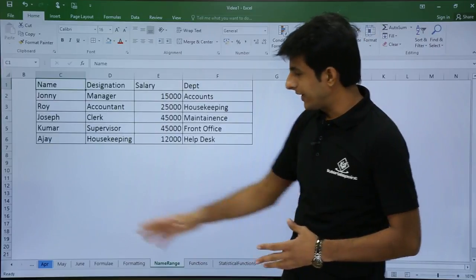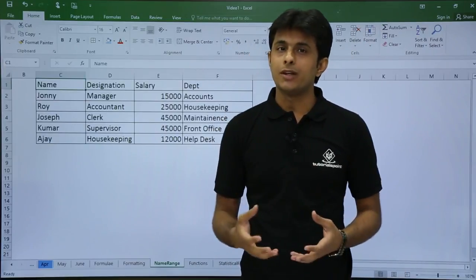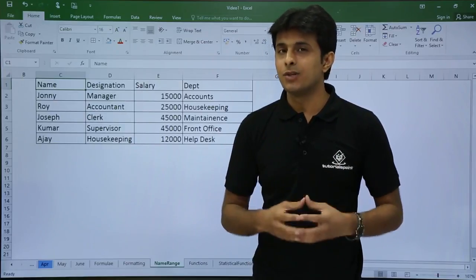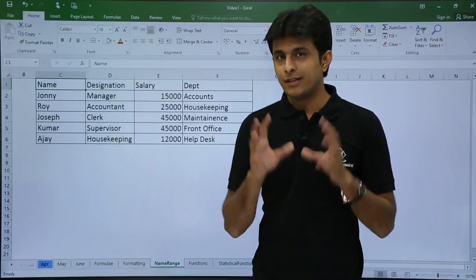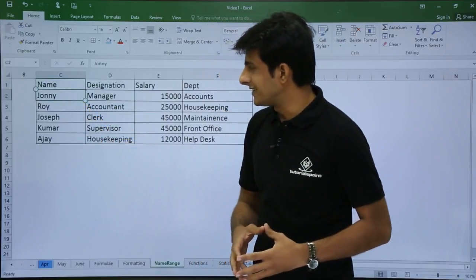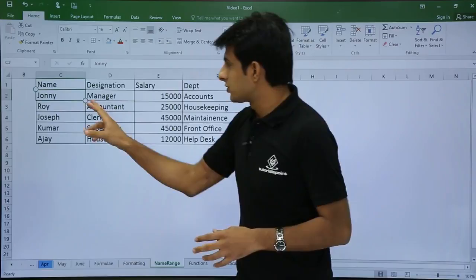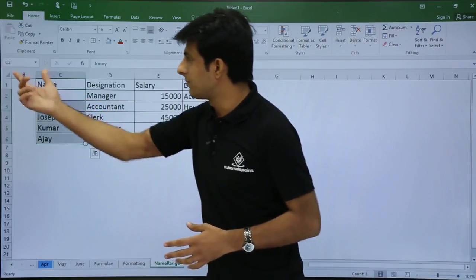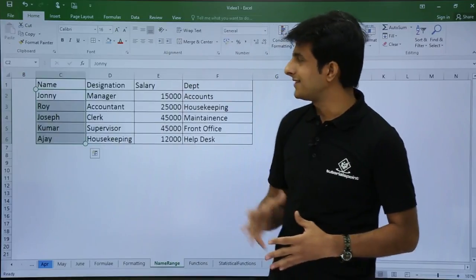So what I do is I have multiple sheets. Every now and then I have to remember the sheet name. So what I can do is create a simple shortcut method by which I can name some areas. Let's say for example, C2 to C6, there are some names written. So I'll select this C2 to C6. Now if you see here in the name box, the name is given as C2.